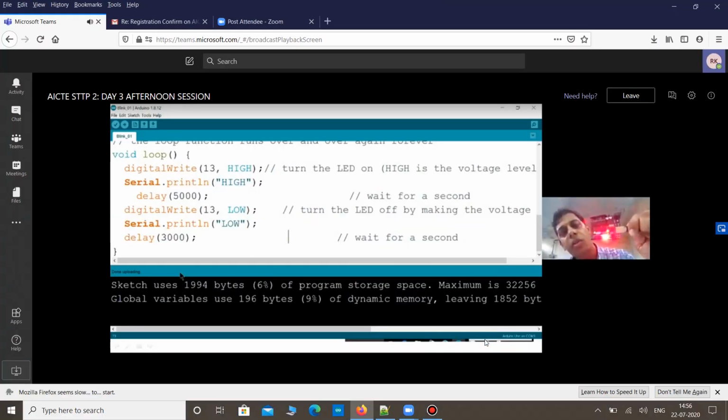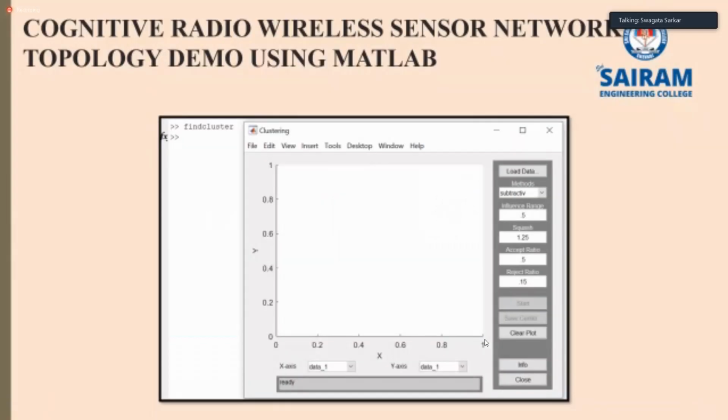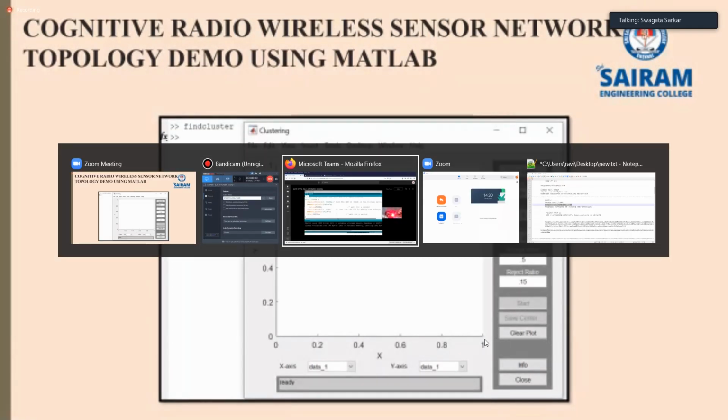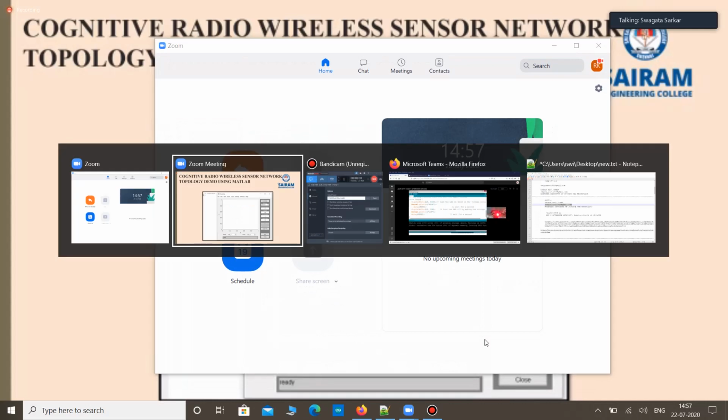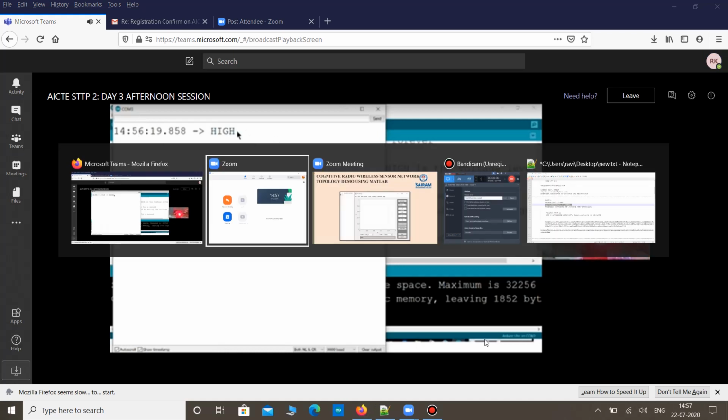One thing you have to do is optimize your network. Okay, and this is another demo on clustering. You can use the LED glowing for 5 seconds and off for 3 seconds, and also normal data clustering. You can just simply connect the USB and use normal node clustering also. I'm giving the demo, and programming is very easy. At the same time, if I look at the serial communication, you can design it with the time stamping.